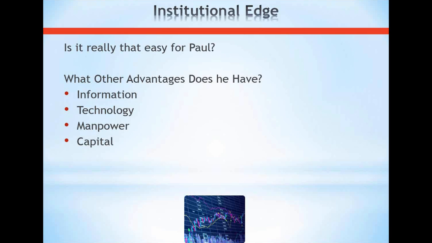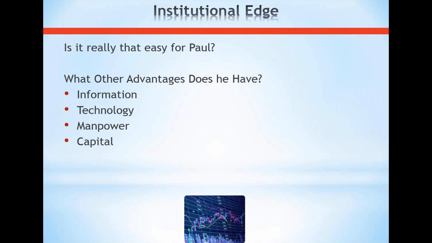Institutional traders have so much capital behind them that they are able to afford technology and information that we simply cannot afford, right? There's just no way. There's no way that I can pay to co-locate my server. There's no way that I can pay to have all of the processing power to crunch numbers. There's no way that I can pay PhDs from MIT and Harvard to tweak models on thermodynamics and physics to do analysis on an HFT model that I might have, okay? There's no way that I'll ever be able to do that. So institutions have access to all of these things that I don't have access to: manpower, capital, technology, and information,